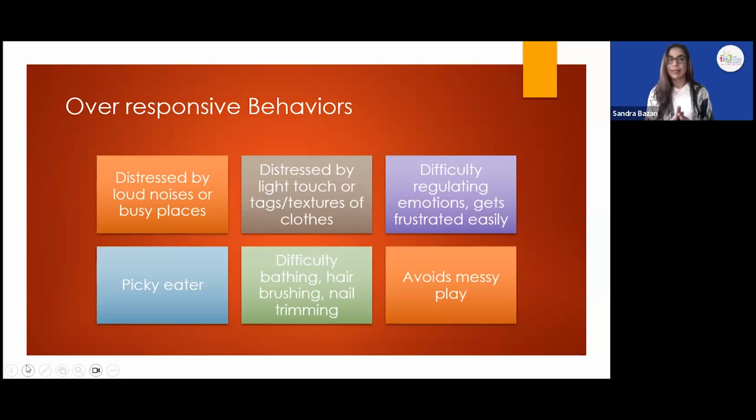There's just like this, I don't want to say irrational, so I'm going to put it in air quotes. But you're just like, I just want you to try it, and they cannot handle the texture or the smell even of certain foods. So they have difficulty with just self-care, typical daily routine behavior, brushing of teeth, brushing of the hair, and these simple, what we would consider to be simple daily everyday tasks now become this big